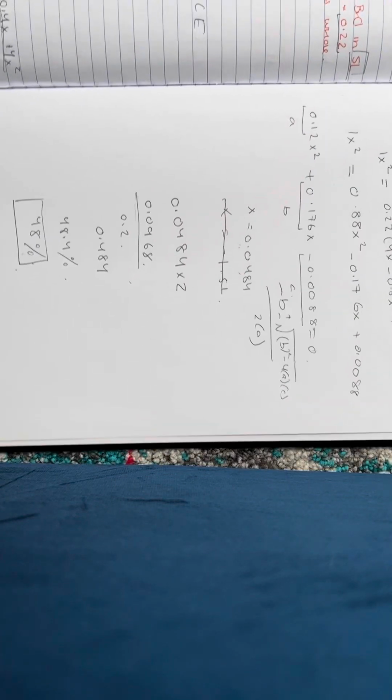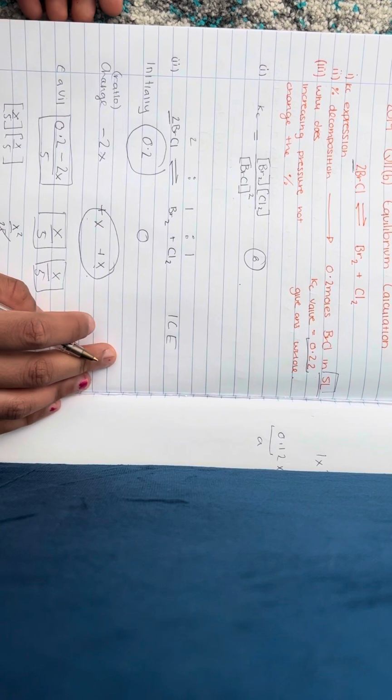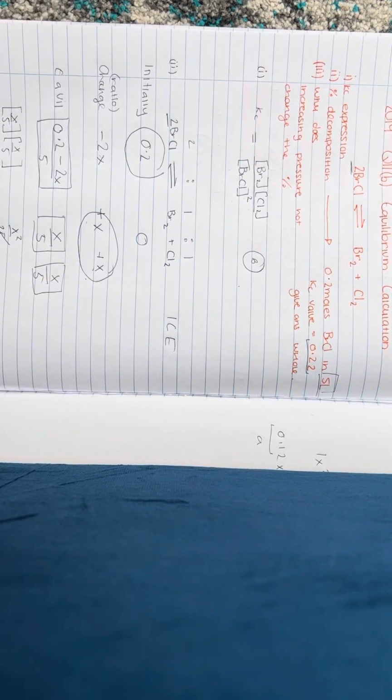I'm just going to show you guys here the whole thing. And now we're going to have a look at part 3. It's just a theory-based question. So why does increasing the pressure not change the percentage? So the answer to that is simply because nothing can change the Kc value besides the temperature. So only temperature can change the Kc value, therefore changing the